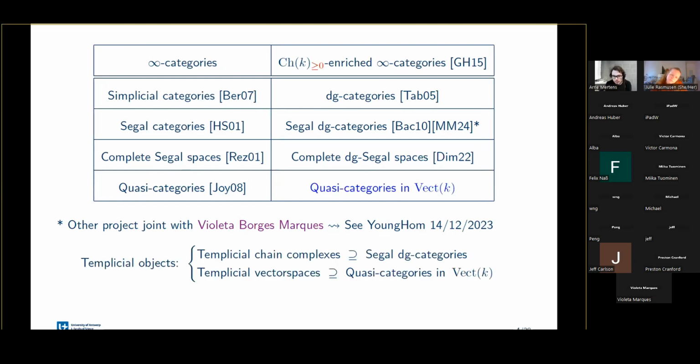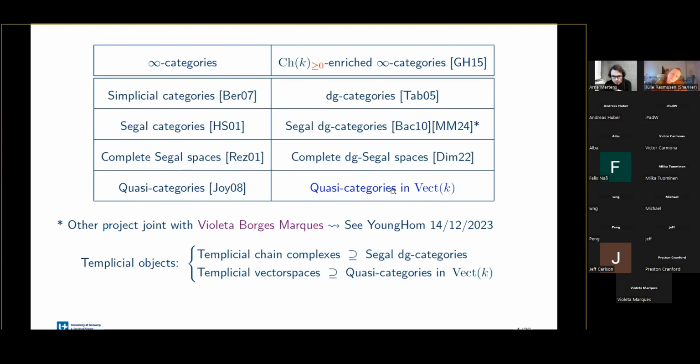This I introduced together with Wendy, and we call them quasi-categories in vector spaces. Now, there are a couple of things I should mention. First of all, we can only ever hope to model infinity categories enriched in non-negatively graded chain complexes. In actuality, these should be considered as being enriched in simplicial vector spaces, and then through some Dold-Kan correspondence, you can get to non-negatively graded chain complexes, but that's the best we can hope for. So that's a bit of a downside. But they are very closely related to classical quasi-categories, and a lot of arguments that you can make there, you can sort of also do here.